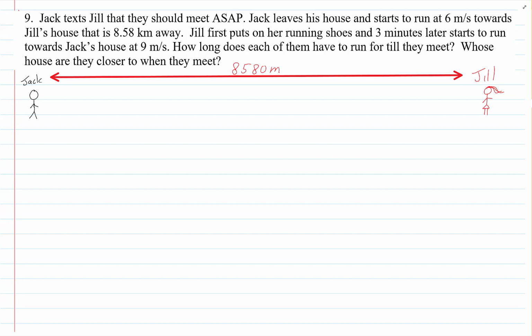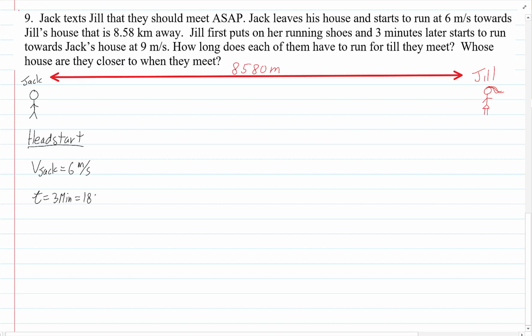So Jack and Jill are 8,580 meters apart. But Jack gets the head start, okay? Because Jack starts running right away. So there's the head start portion, and it's just him running. So the velocity of Jack is 6 meters per second. How much of a head start does he get? A 3-minute head start,